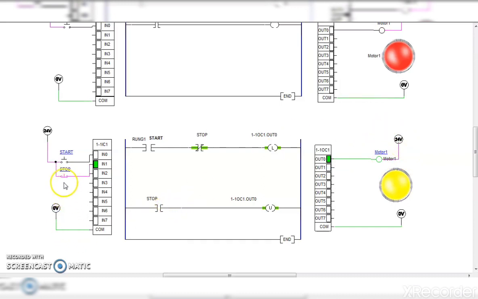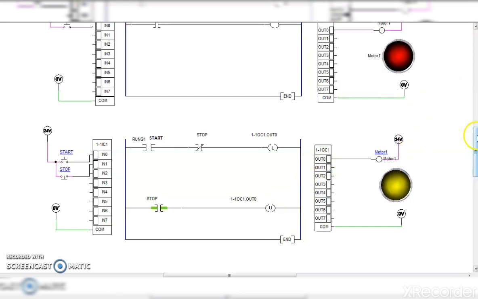If we want to stop the output, we will press the stop switch so that this will get connected and the unlatch coil will be activated so that out 0 will be unlatched. This is the same out 0. It is unlatched and motor 1 is stopped.